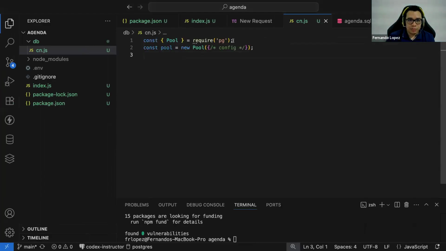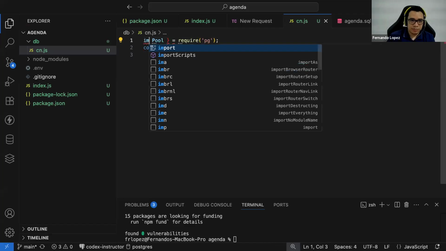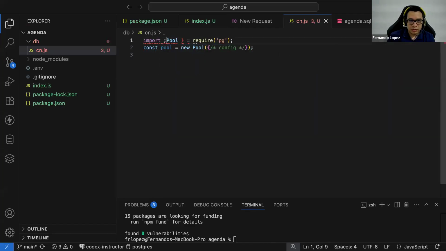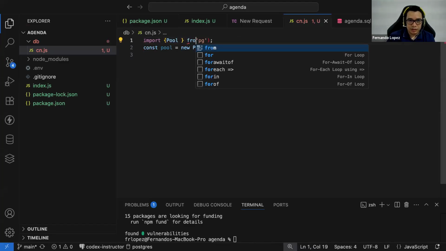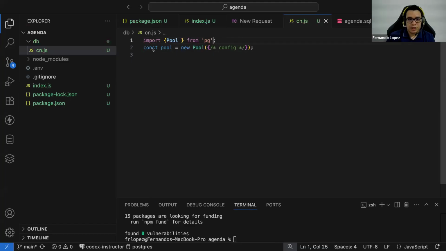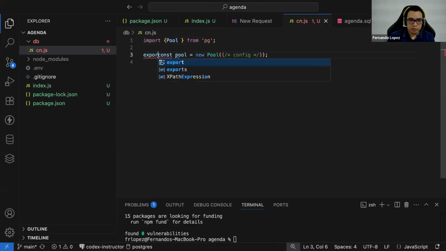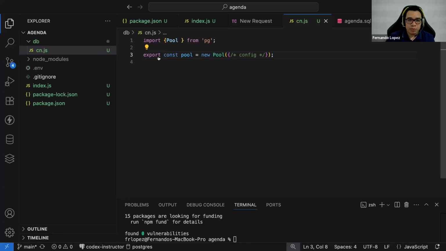First, you import Pool from pg. Oh, this is not the way we are using the import; this is the correct way. And this variable, the pool, is going to be exportable, so we need to add the export prefix here.